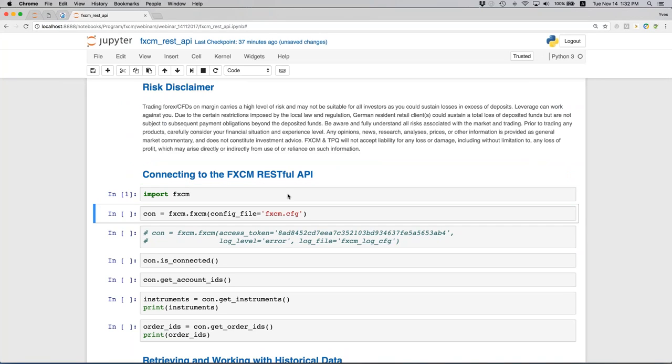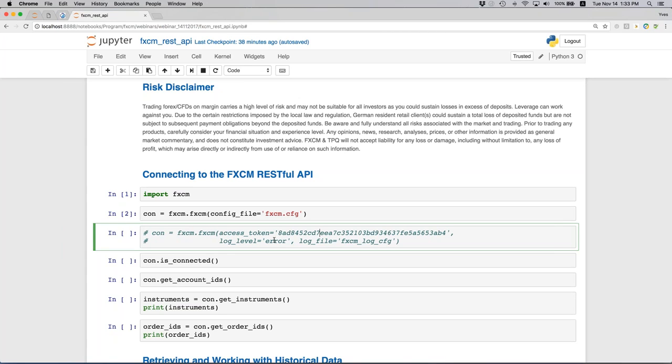So let me import this file that I've just shown and let me instantiate a connection object. This might take a little bit. And basically what you see here, that's the reason why I've left it here but commented out. In order to get a connection, you need an access token. Here, this is the dummy access token that I've put in here. But basically, when you have an account with FXCM, you will get an access token that you can get in your account settings. And you need to use